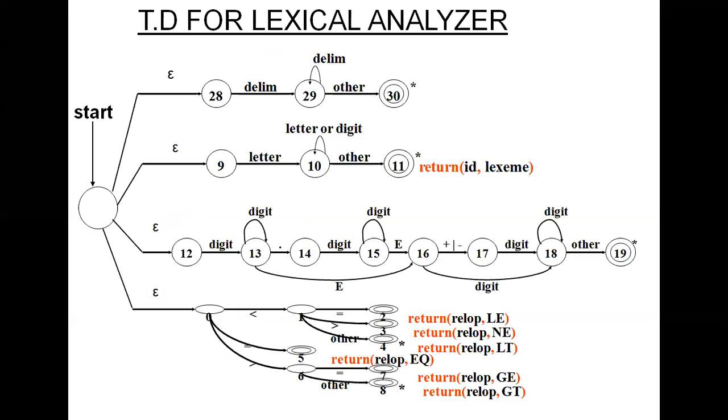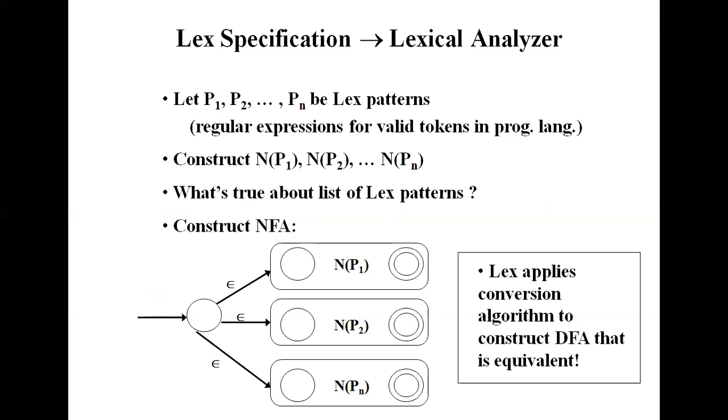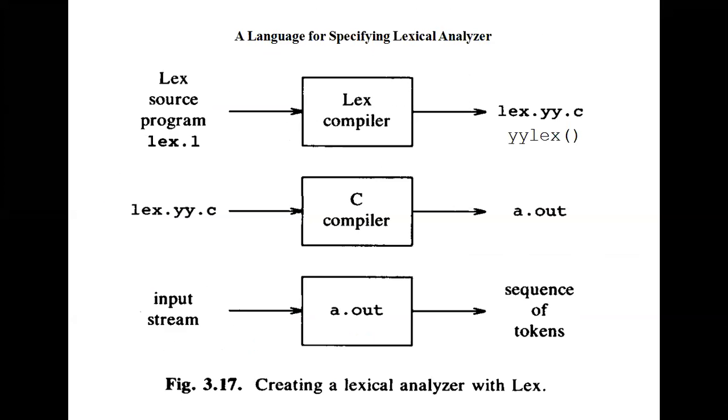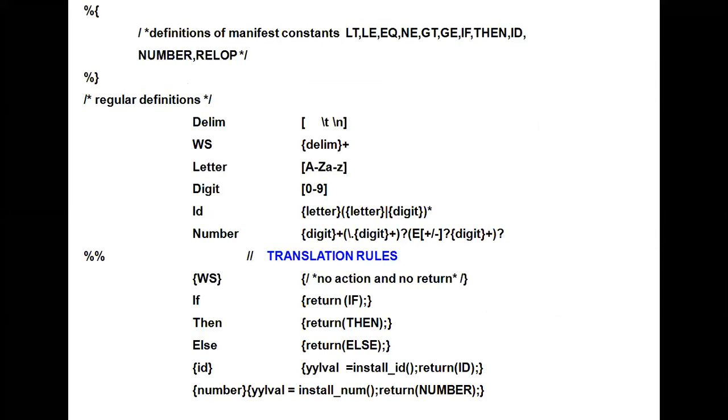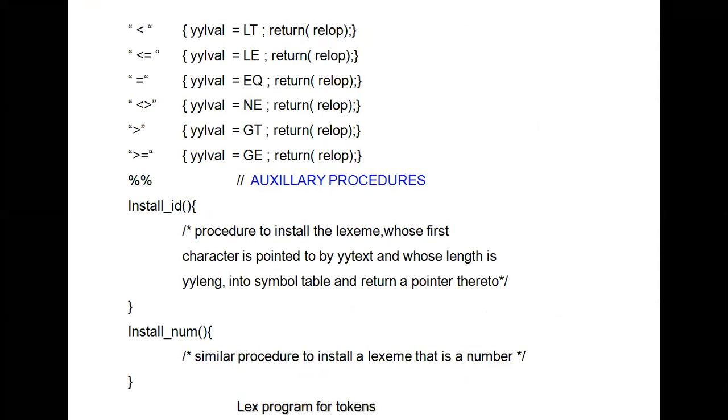And after knowing this, we know how to specify the lexical analyzers. That means how to construct an NFA, NFA conversion to DFA conversion, and then generating a lexical analyzer with the LEX. It is a 3-step process. The most important concept is creating or generating a lexical analyzer with the LEX. And by studying the LEX program, we know how to write the specification file in 3 parts. Right? Are you all clear about this?